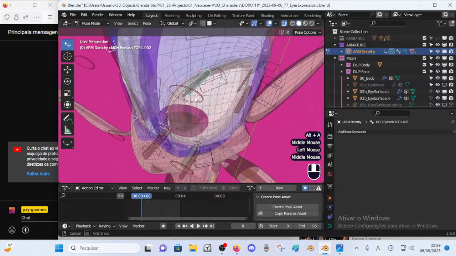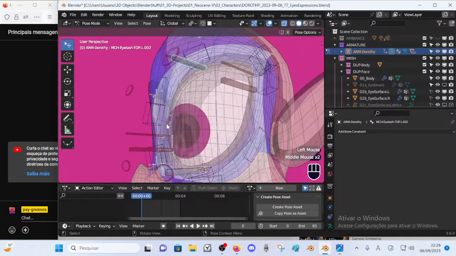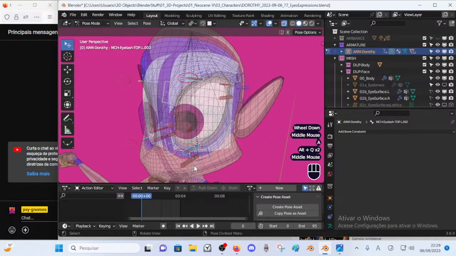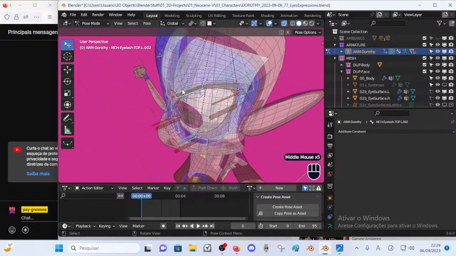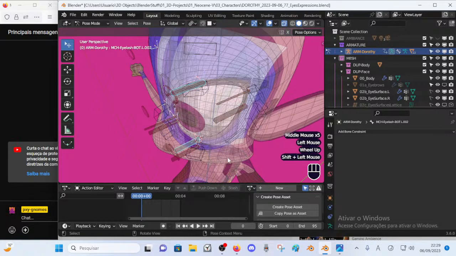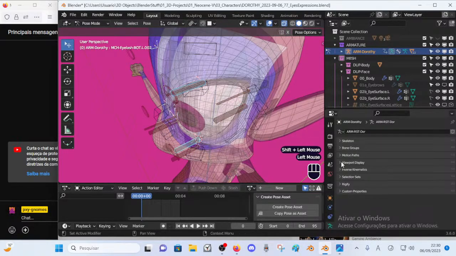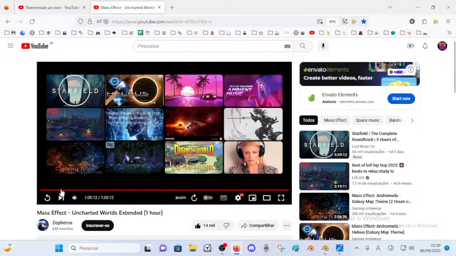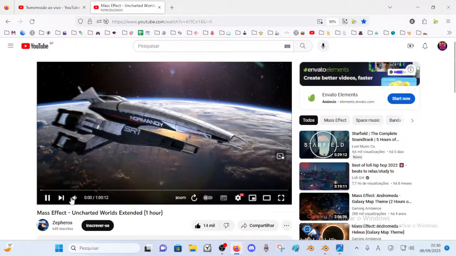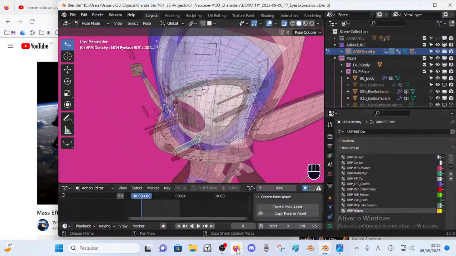So this bone will be just some sort of targets. Let's also paint them in a mechanism bone group.